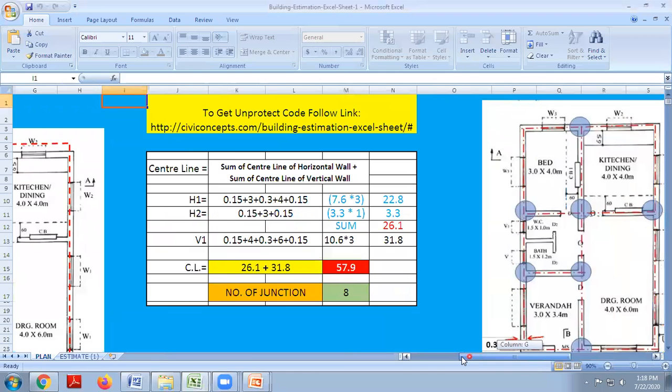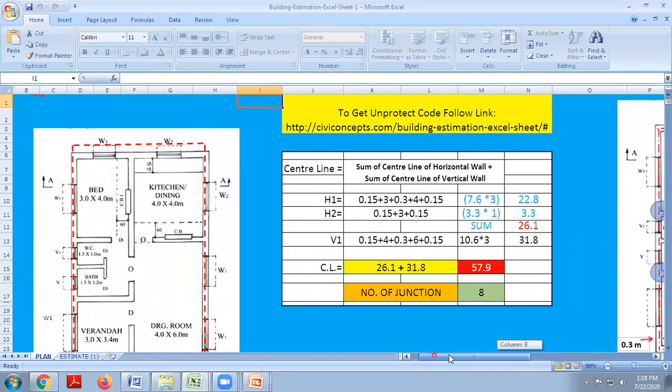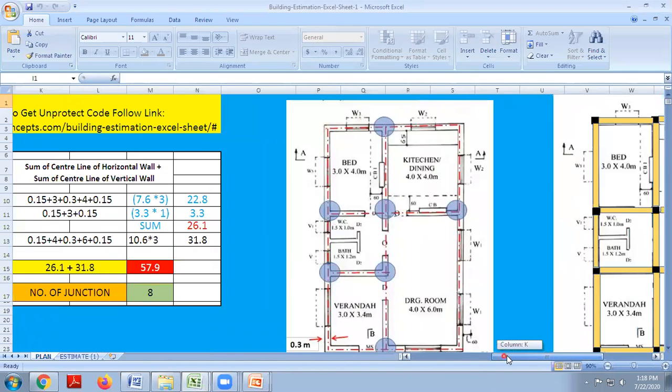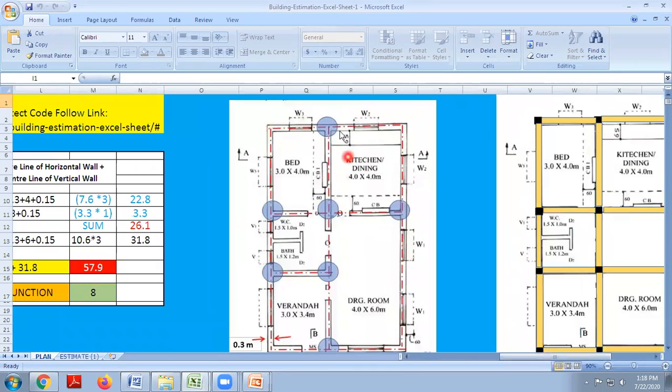I hope this is very clear to you. You can see this particular center line in this part. See how it passes through the cross section of the walls. Everywhere, through the cross section of the wall, the center line is passing.